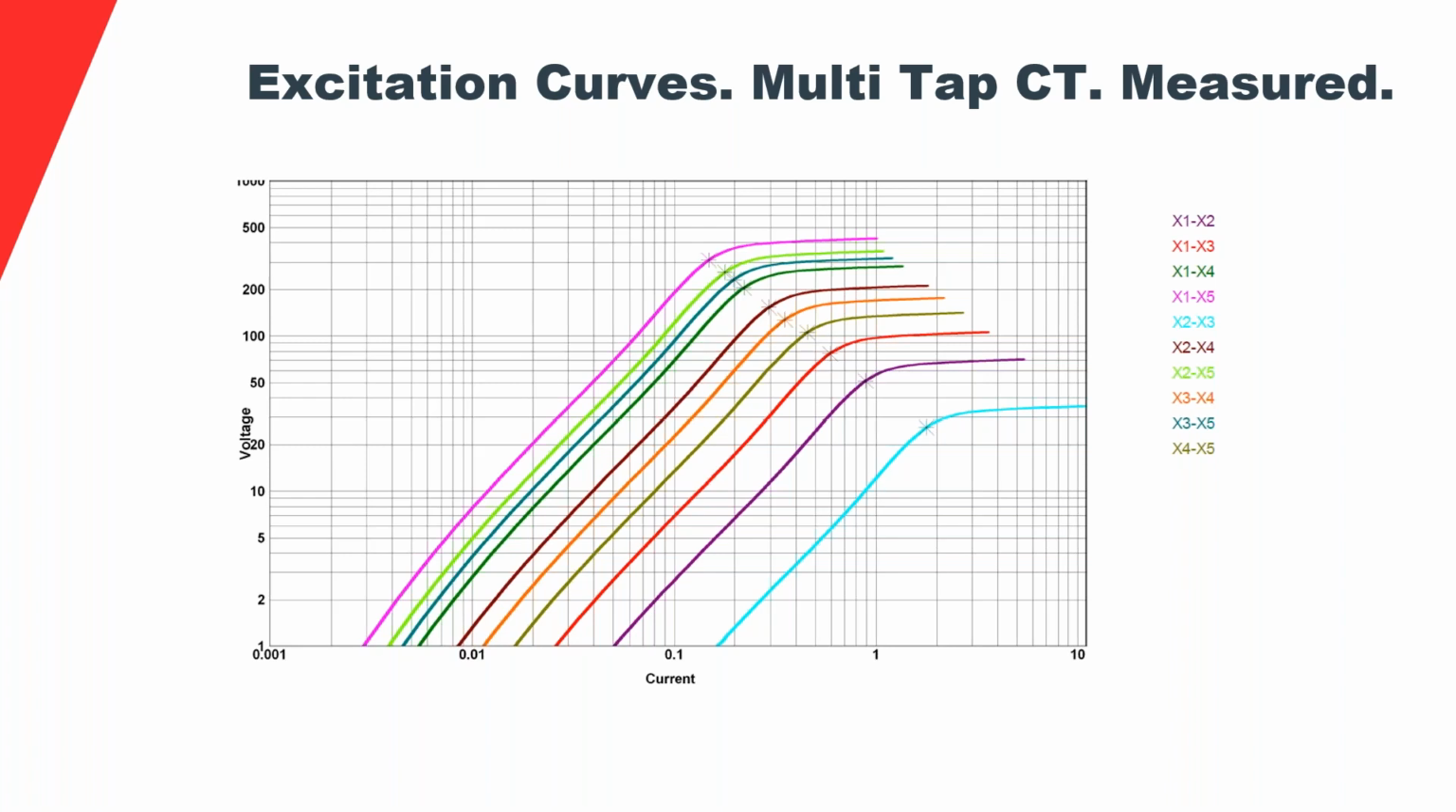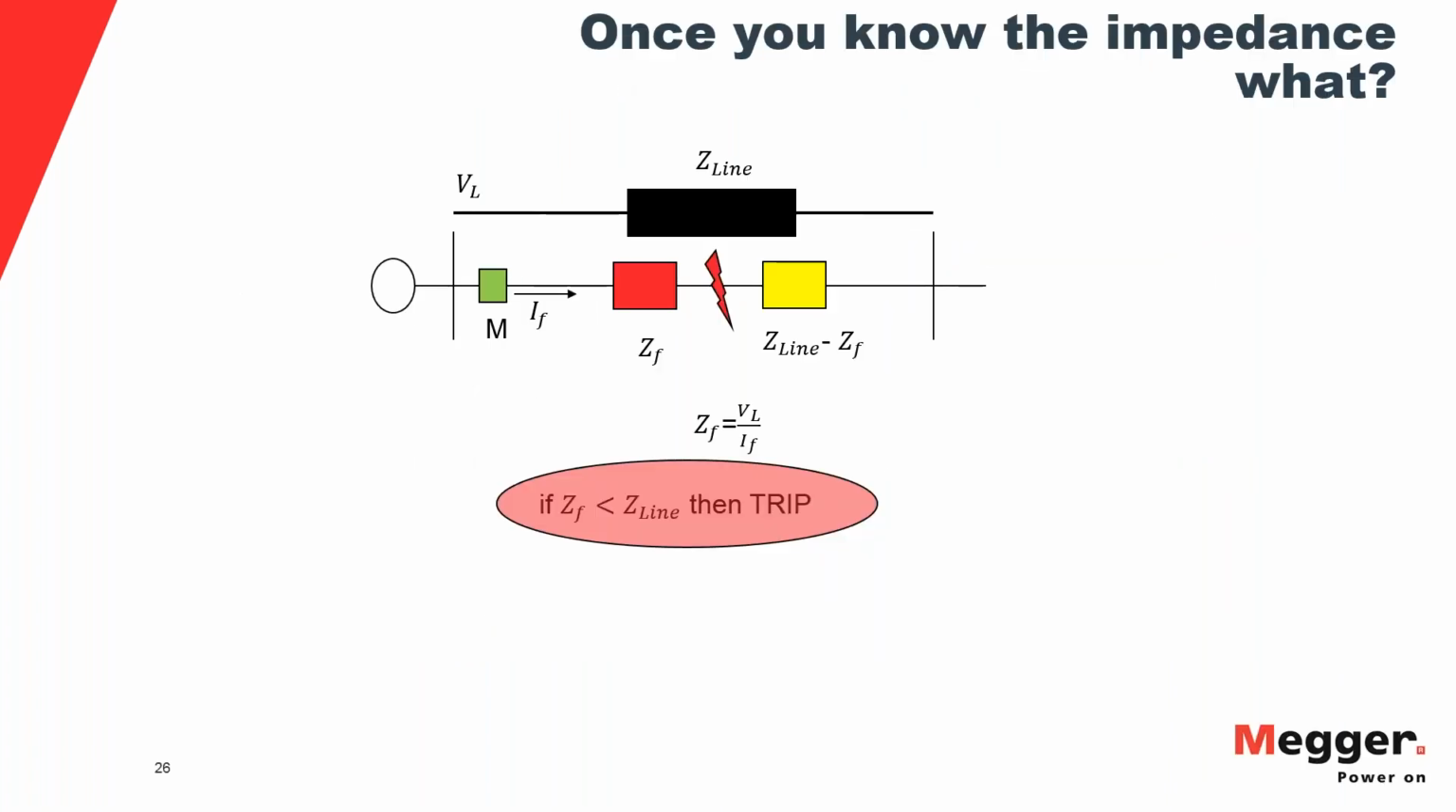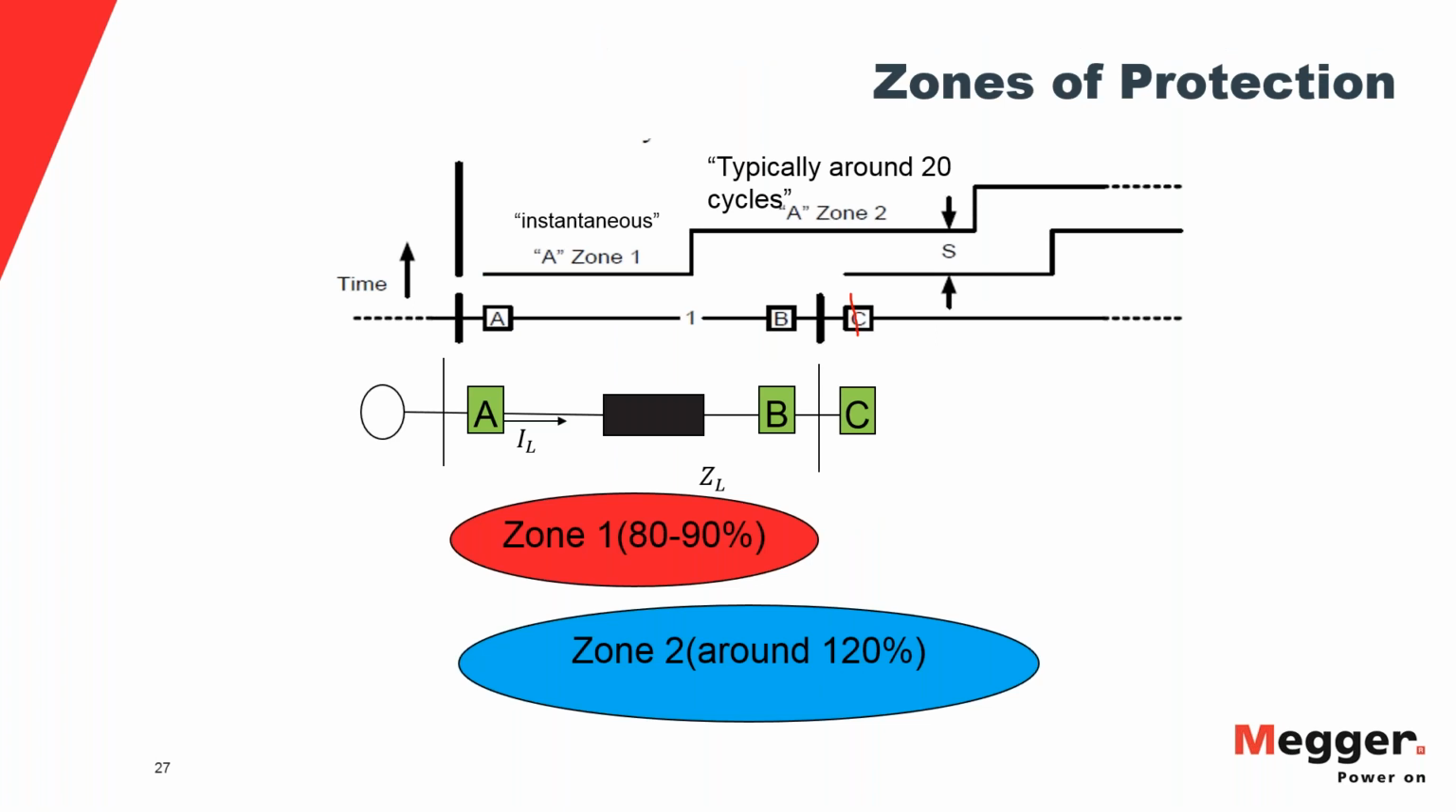What I'm trying to get at here is that you cannot make a crisp decision. You cannot say that if the impedance that you just calculated is strictly lower than the impedance of the line, then trip, because there are too many errors that go into that calculation that you have to be able to protect yourself against. Otherwise, you will not have a secure protection. So what is done typically is we use